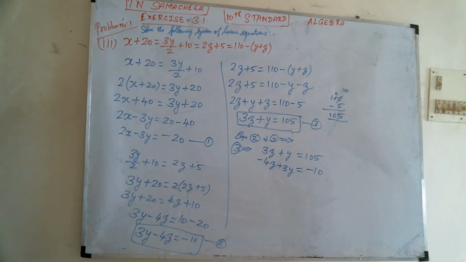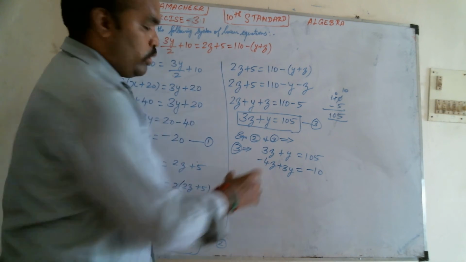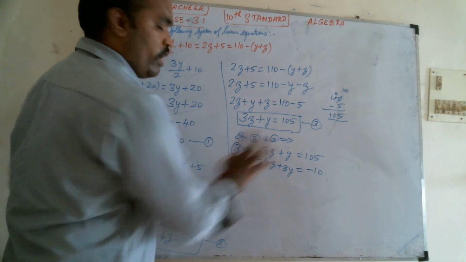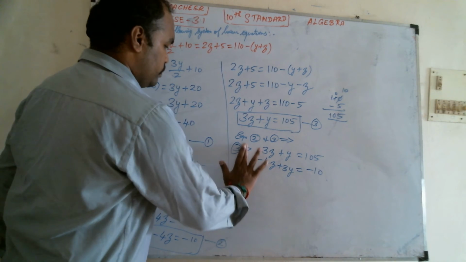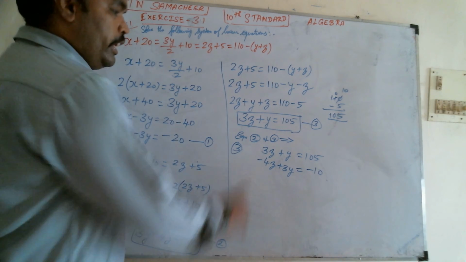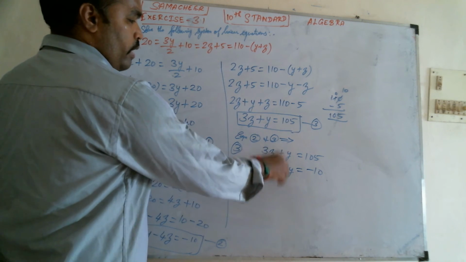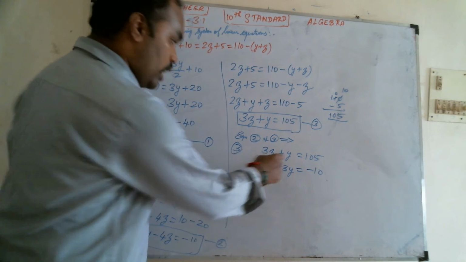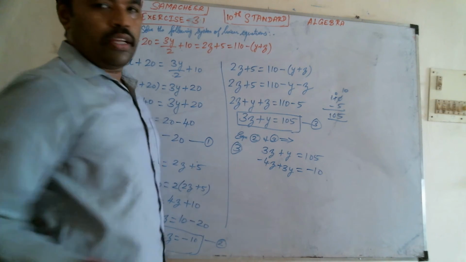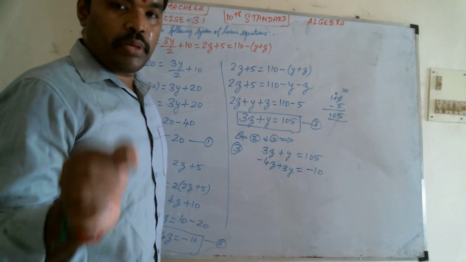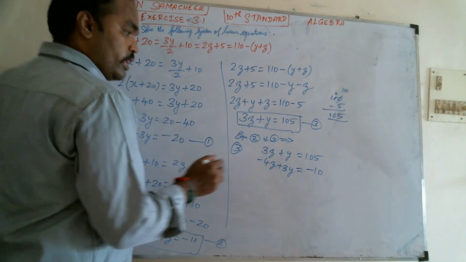So in this case, how can we find out the values? Either it is a z value or y value, we need to find it out. So how do we need to find it out? If we multiply by some number, any one variable should get cancelled, either z or y. Any one variable needs to be cancelled. So in this case, how can we do?